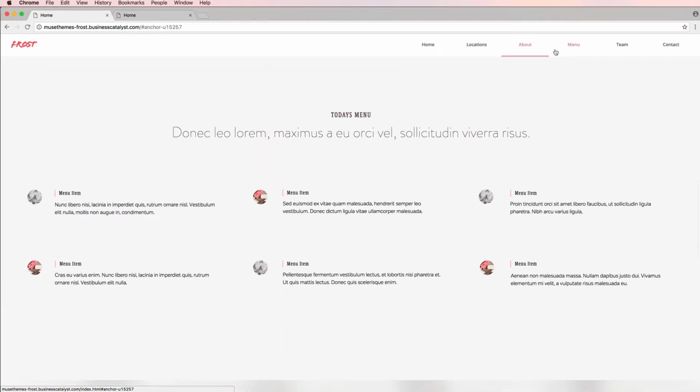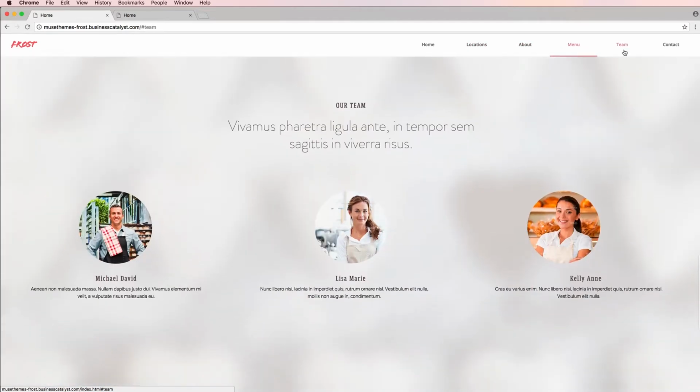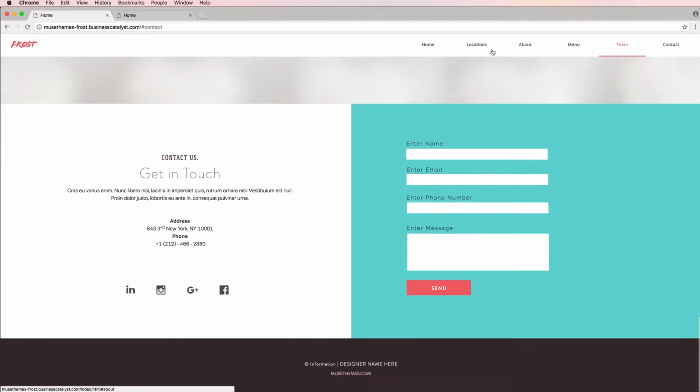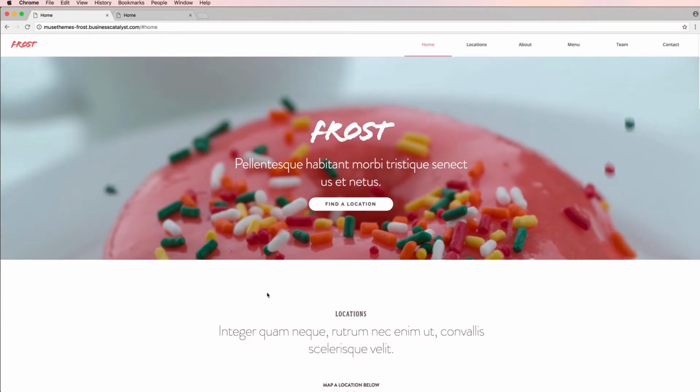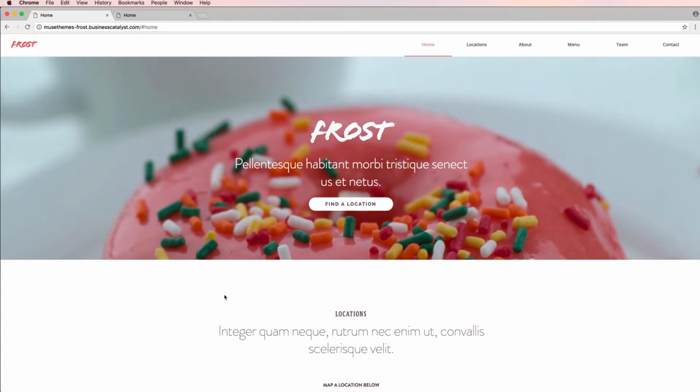Now, of course, with all of our themes, you can add as many pages and as much content as you want, and there's plenty of room to expand upon this particular theme. I also think it's a great starting point for anybody that might be new to responsive Muse or fluid breakpoint specifically. It's set up very simply, and it's not overwhelming when you open it in Muse, but it has some